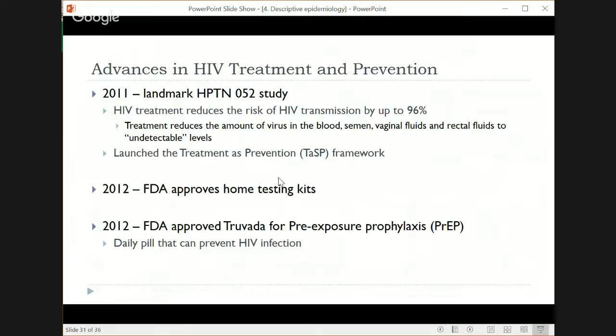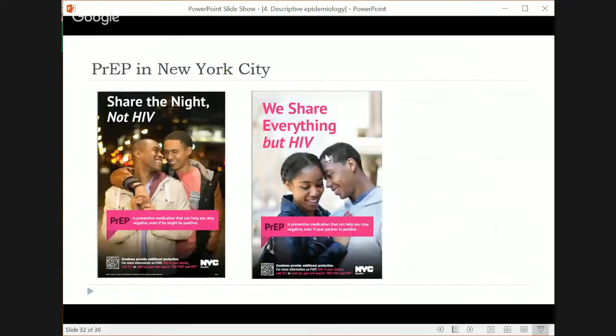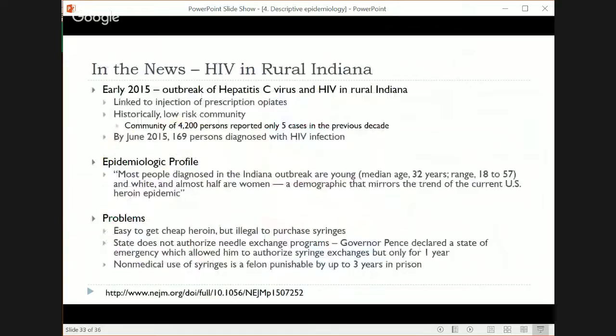Truvada is recommended for persons who maybe are in a high-risk relationship. So if someone was dating or married to someone that had HIV and they didn't have HIV and were trying to prevent themselves from getting it, then a doctor would recommend Truvada. All right, and New York City's actually been spending a lot of money to market PrEP. You guys probably have seen some of these posters on the subway or around the city. And the two here are the Share the Night Not HIV campaign and We Share Everything But HIV posters. More recently in the news,